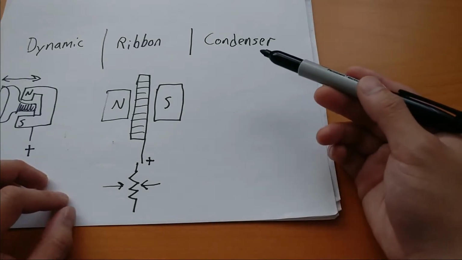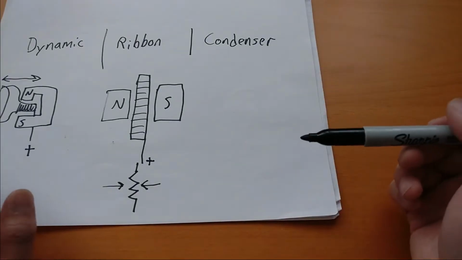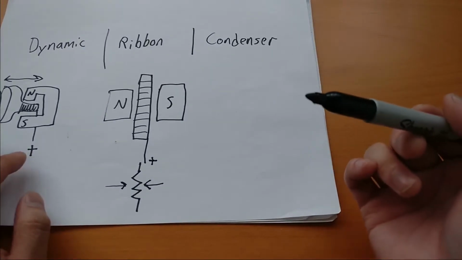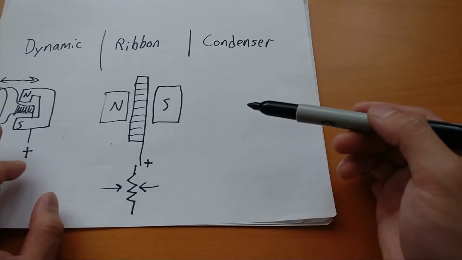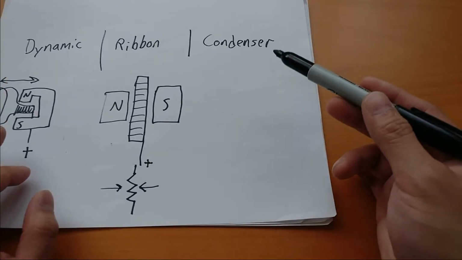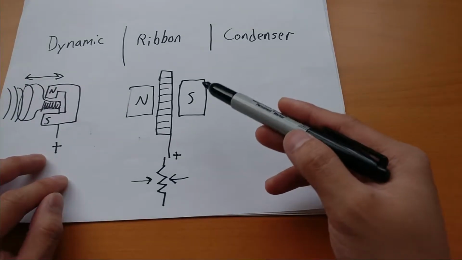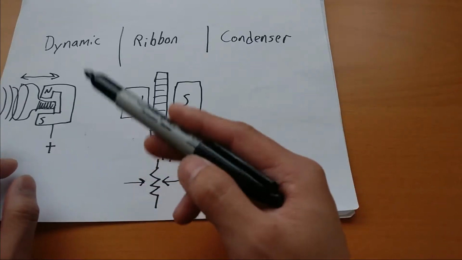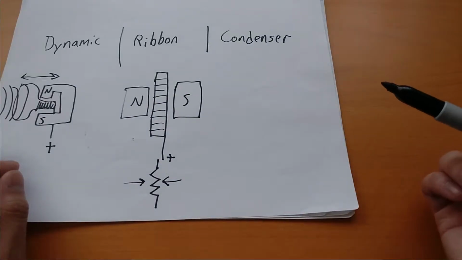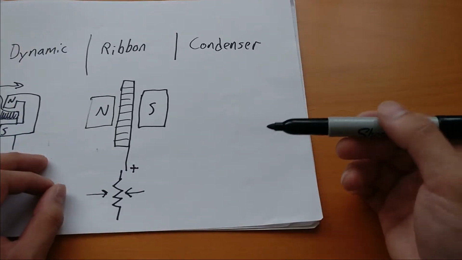And last but not least, there's the condenser microphone, which I'm using to record this video with for now, the Røde NT-1 microphone. The condenser microphone is probably the most common these days. They're not very expensive to make. They're more durable than a ribbon design. They have a fairly flat frequency response, and they can handle high sound pressure levels similar to dynamic. But the downside is, and I'll get into this,